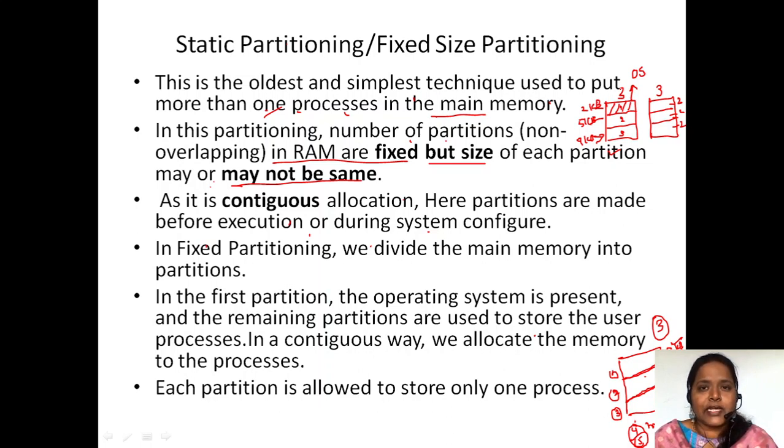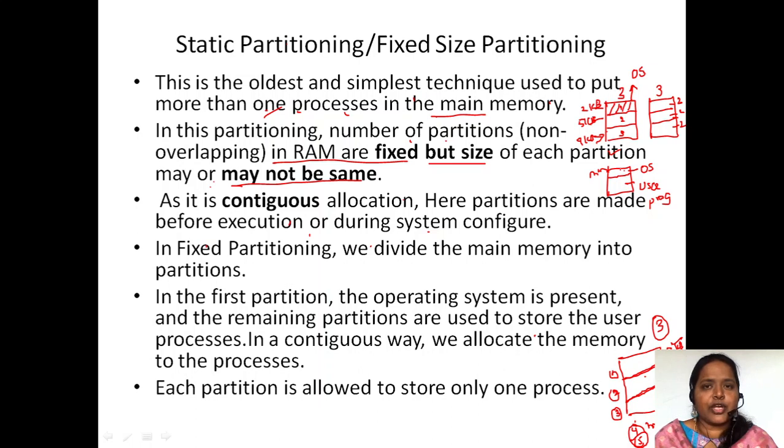So one part is going to be occupied by the operating system. Here also, if main memory is there, this is the main memory, and this part is going to be allocated by the operating system. This part is going to be allocated for the user program. So this is the main memory divisions. So one division and second division.